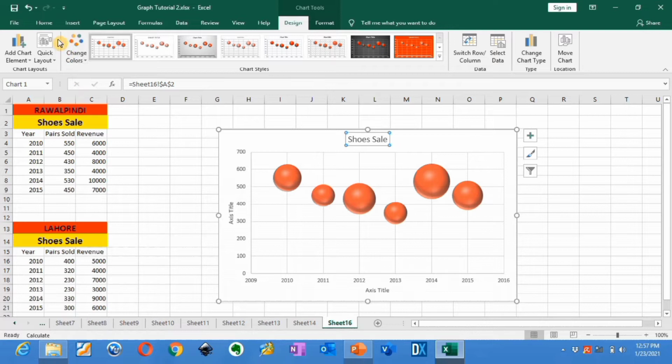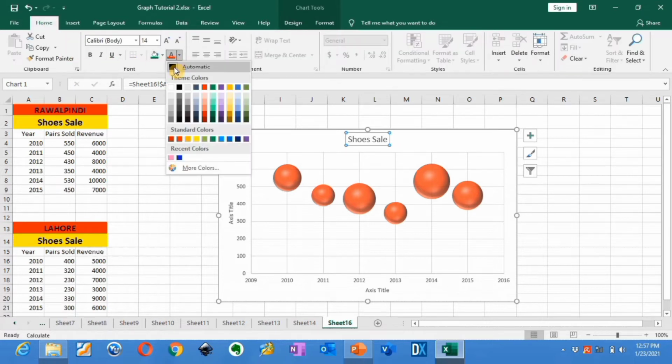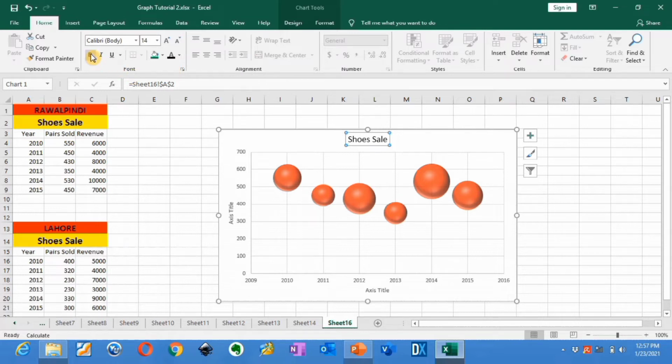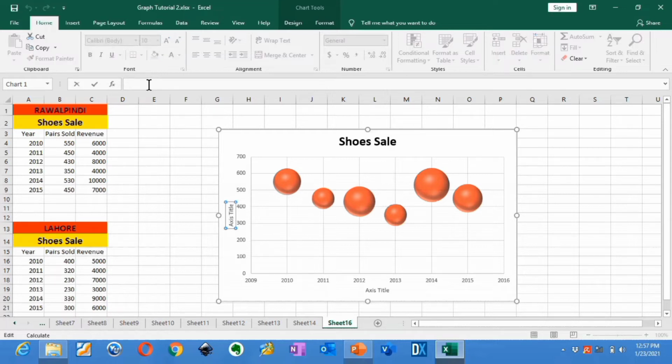Now go to the home tab and change its color and font size. Now select this axis, put an equal sign, and this axis shows the pair sold. So I will select this cell and click enter.